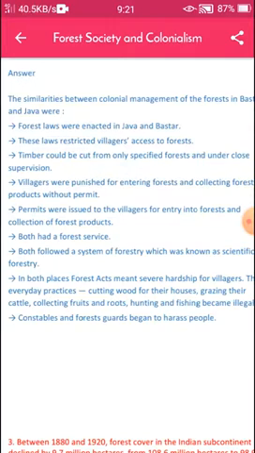Next point, in both places, the Forest Act meant severe hardship for villagers.